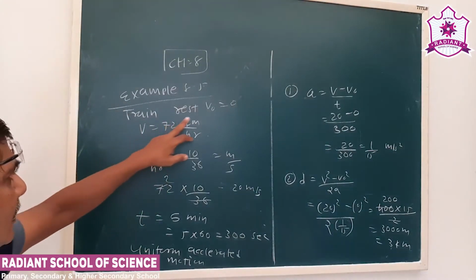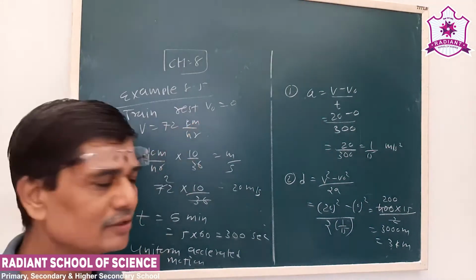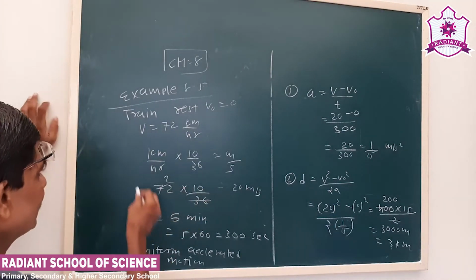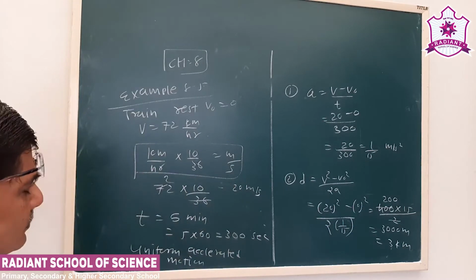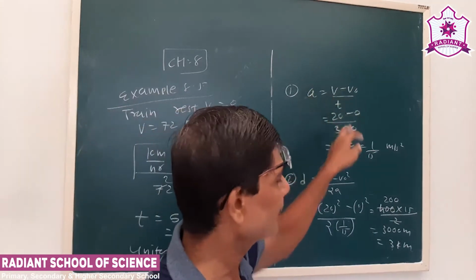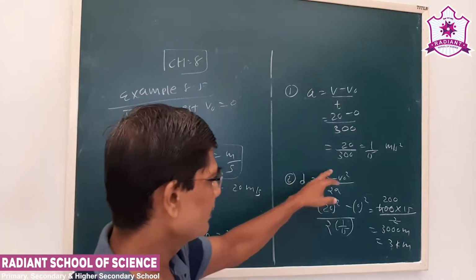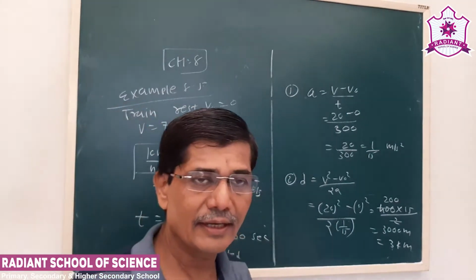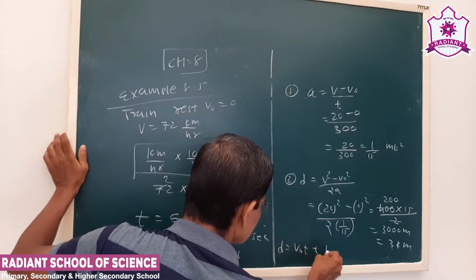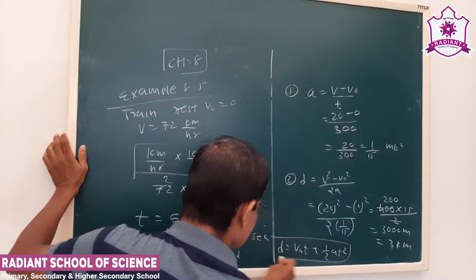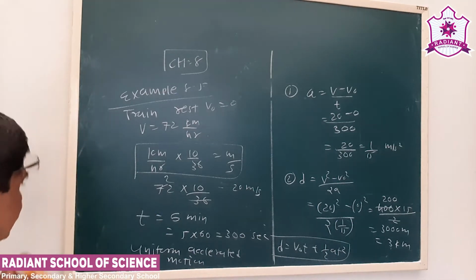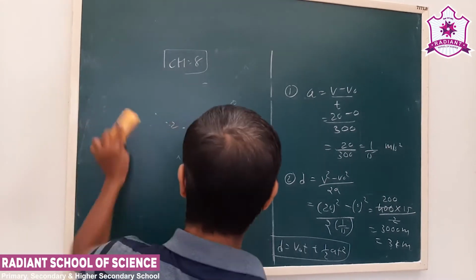What is given here? Starting from rest means the initial velocity is 0. The final velocity is 72 km per hour, which we converted into meter per second. As I told you, you have to remember this formula well; it will be useful. Time is given, so we calculated acceleration by using the formula V minus V0 upon t, and the distance by the formula V square minus V0 square upon 2a. Again, you can use another formula for distance, which you try as a practice. So this is nothing but example 8.5. Next, we have to see example number 8.6.